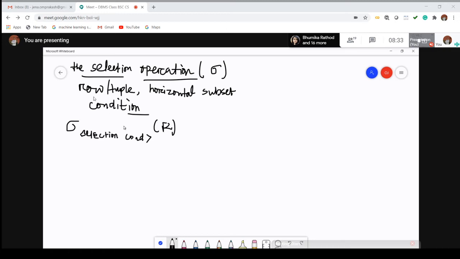Let us consider some examples. Let's say I have two tables, one is the employee table and another one is the department table.